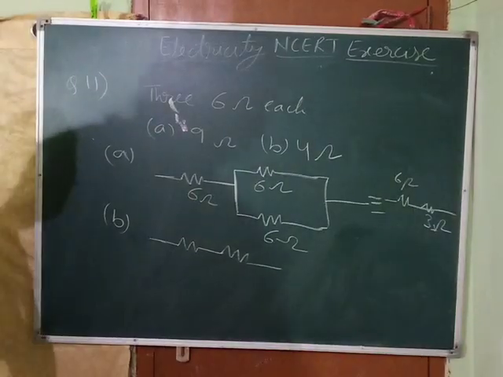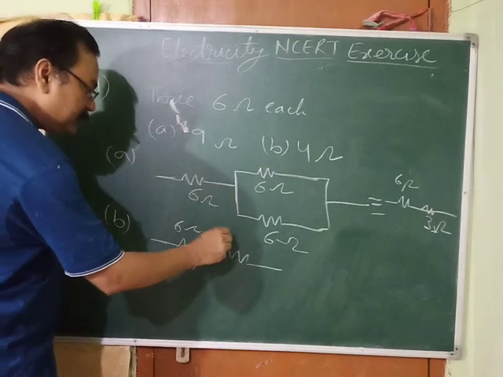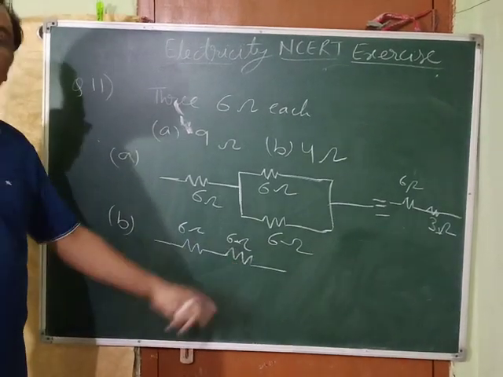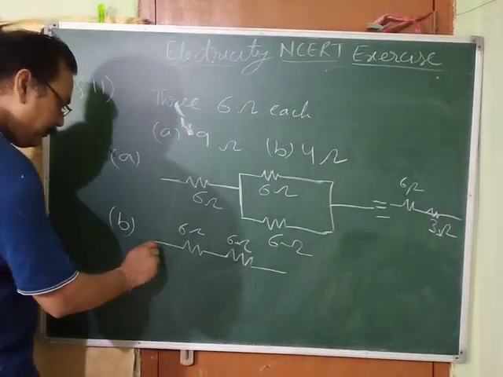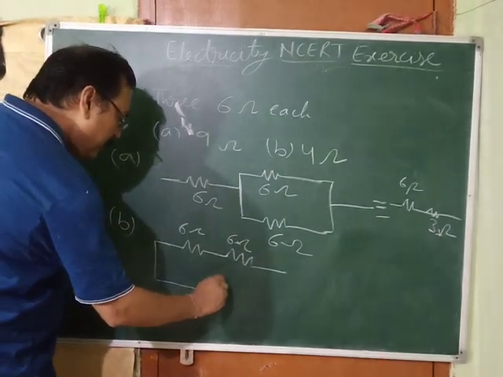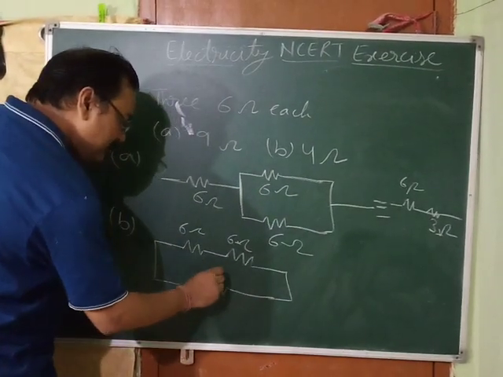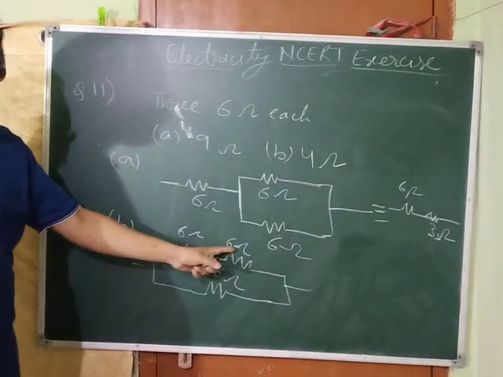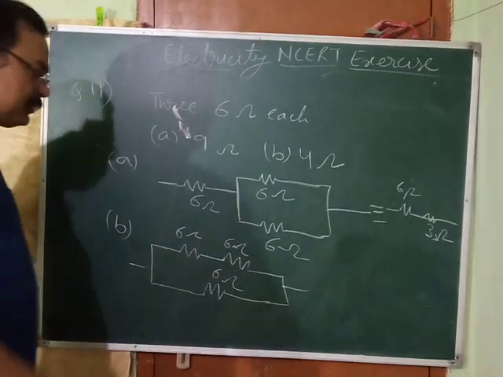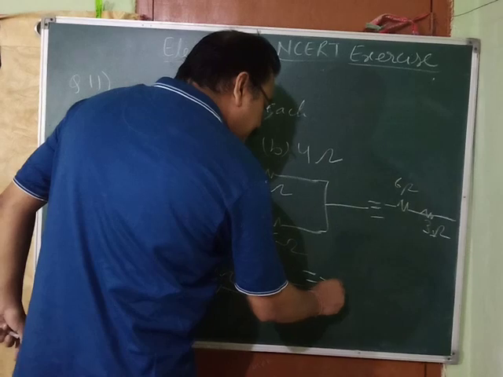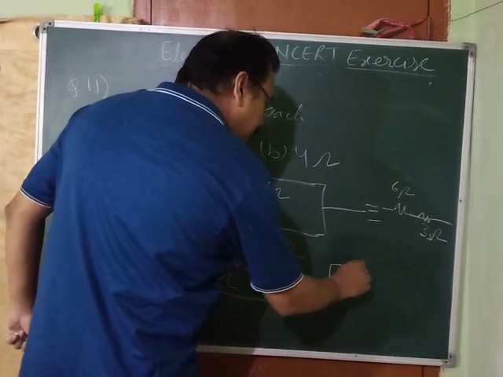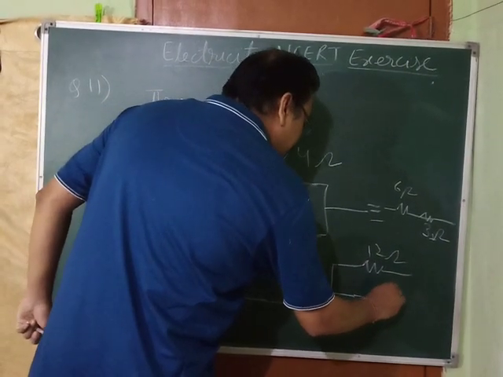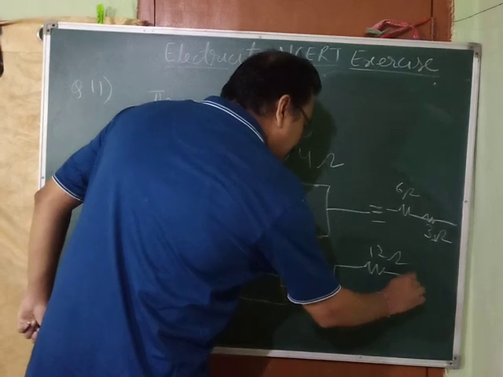Now what is the option we are left with? See, this is 6 ohm and this is 6 ohm. You might be wondering why Sir is connecting them in series? Because in series it is already 12 ohm, and we have to reduce it. But see, the third 6 ohm I am going to connect in parallel. Now you can check it. 6 plus 6, 12, and this is 6. Both are in parallel, so it is equivalent to this: 12 ohm and 6 ohm.